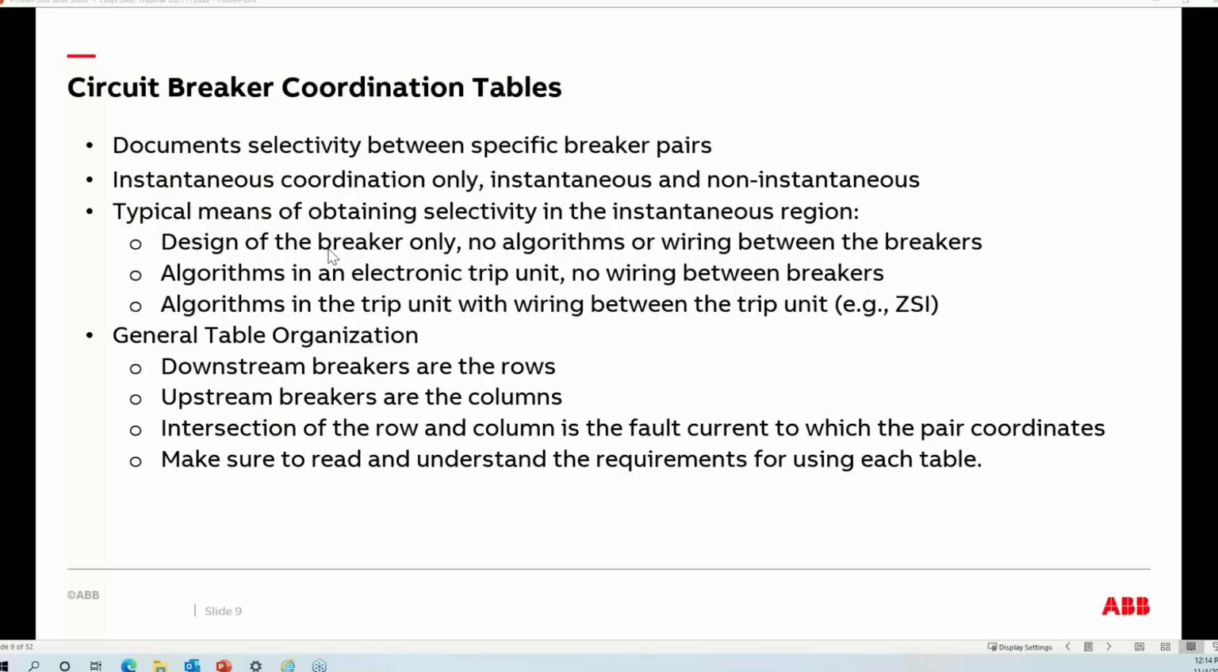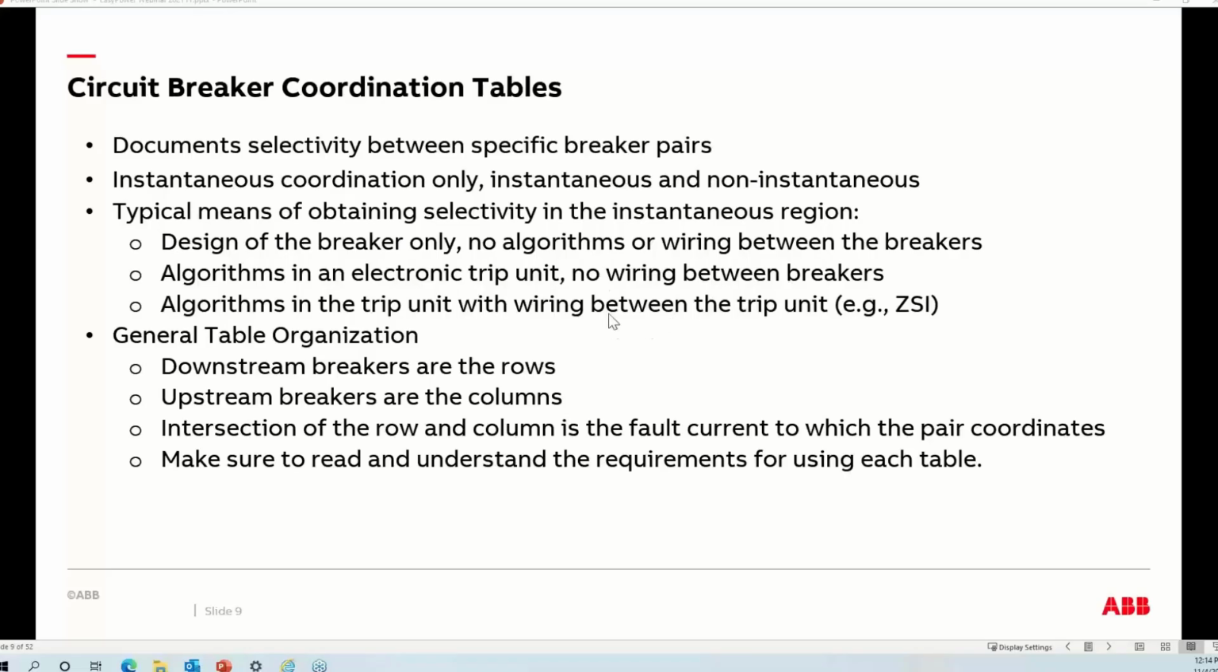One way that the tables would cover is simply the design of the breaker and the physics of the breakers in those systems. No special algorithms in the breakers or wiring between those breakers. Another way, where an electronic trip unit is involved, say as the upstream and any type of breaker downstream, is there could be an algorithm in that upstream electronic trip breaker that facilitates coordination with downstream breakers, but no wiring